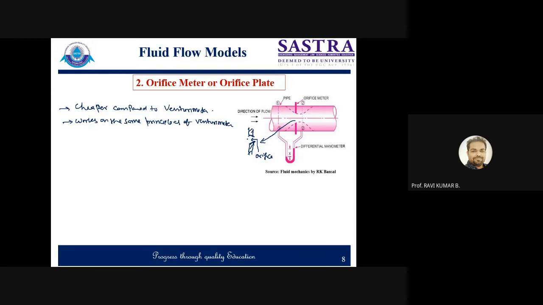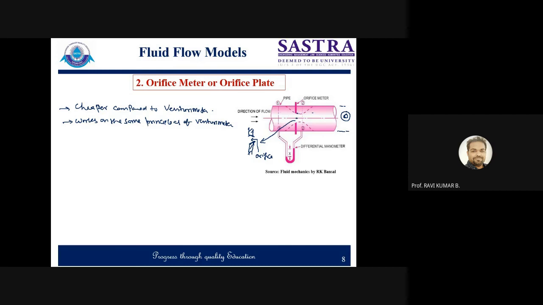If you look at the side view of this, if you want to draw it over here, I am just projecting this. One circle you will be getting, then a second circle you will be getting. So it is a concentric kind of thing which is at the center. The flow is coming, getting contracted, then expanding. It is a concentric circle, and its center is lying exactly at the center of the main pipe.